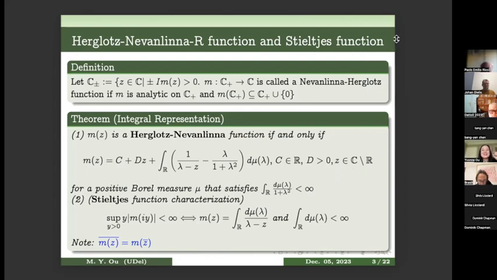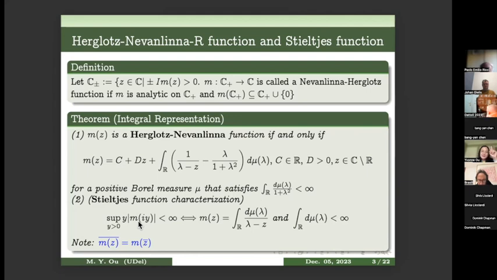Okay, so you say, okay, then what is a Stieltjes function? Because this has to be weighted to have finite mass for this measure. So in application, it's not so easy to use. However, a special class of Herglotz-Nevanlinna functions is the following. It's called a Stieltjes function. That means if this Herglotz-Nevanlinna function, on top of being Herglotz-Nevanlinna, decays